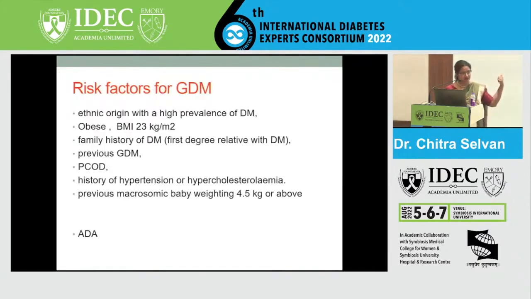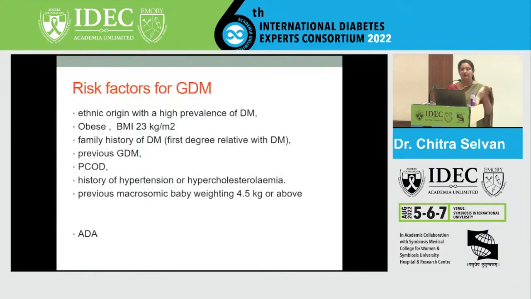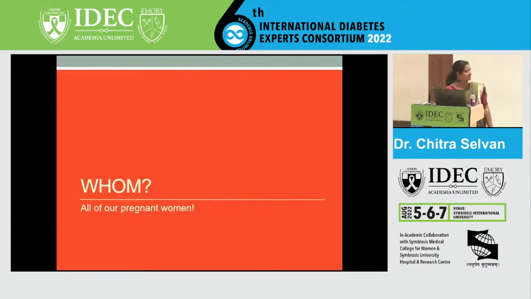And these are the risk factors for gestational diabetes, right? We know we are an ethnicity predisposed to diabetes. There are very few people in this country who don't have a family member with type 2 diabetes. Very few people whose BMI falls under the safe range. Very few people who are not leading a sedentary lifestyle. So if you see any which way, all of us tick off at least one or two risk factors, which essentially means that we must be screening almost all the women who are pregnant. Okay, I hope that is clear. So that's the answer.